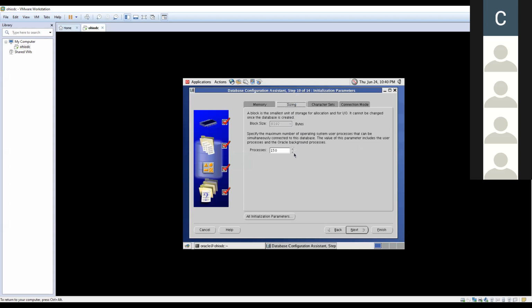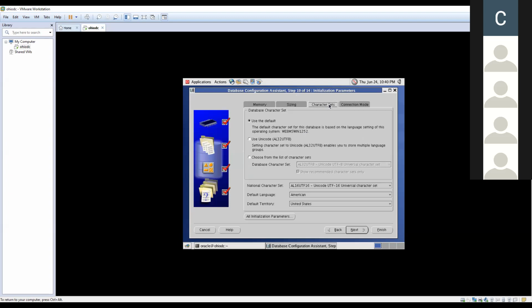Next, go to character set. We did this in the database creation script. But if I start telling you only the DBCA methodology first, you don't know what a character set is. You have to select UTF-8. Choose the third option, database character set. Yes, UTF-8. You don't know that you have to select this.